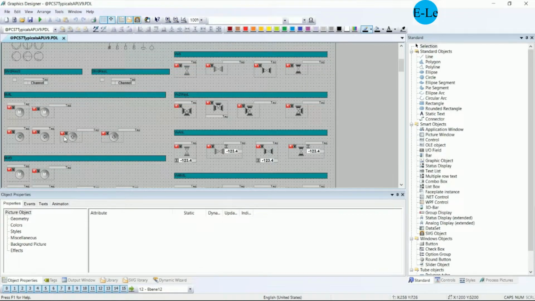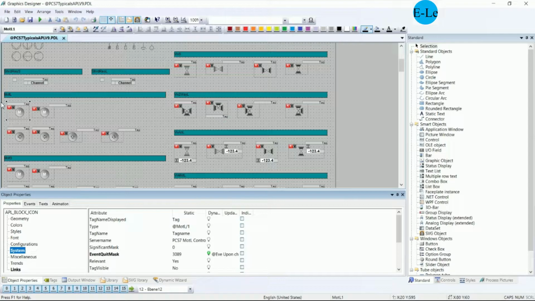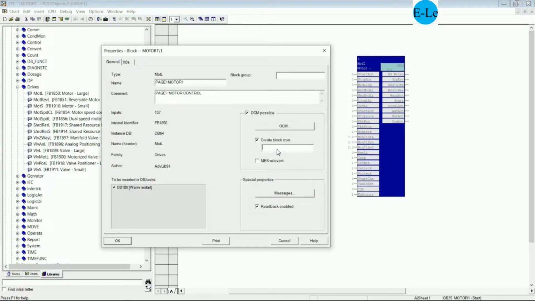MOTL. So there are 1, 2, 3, 4, 5, 6 styles, right? So if we would like to use another style, we just put and check here. It is style 1, it is style 2, this is style 3, this is style 4, this is style 5, and this is style number 6. So the first one I will use type 1. Yes, so we can fill this one VR1 and then click OK,